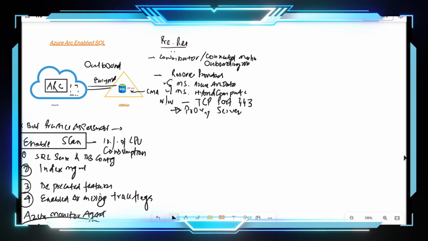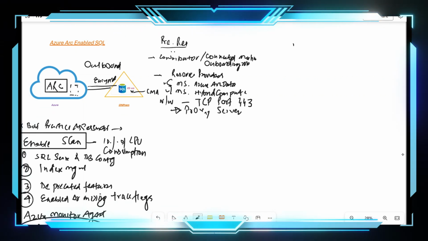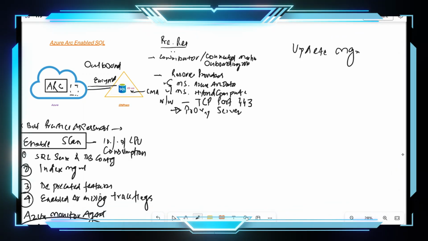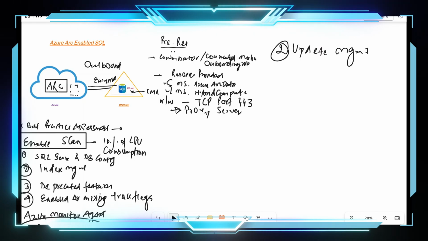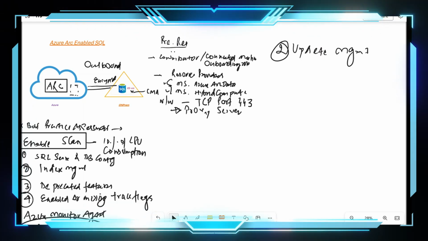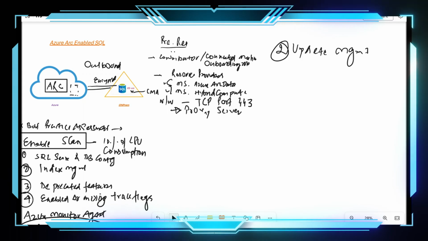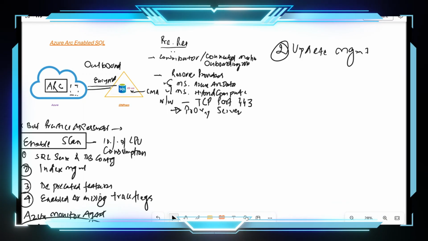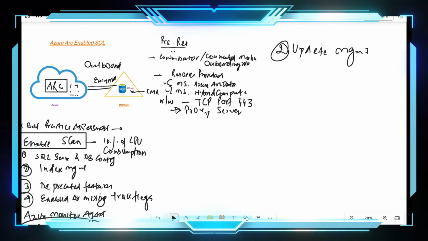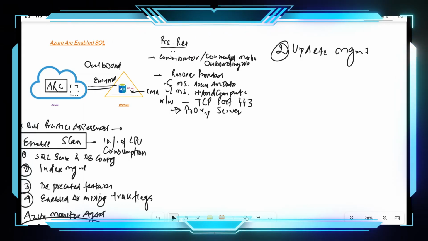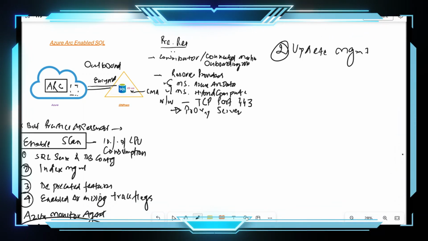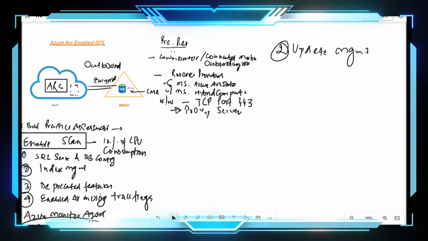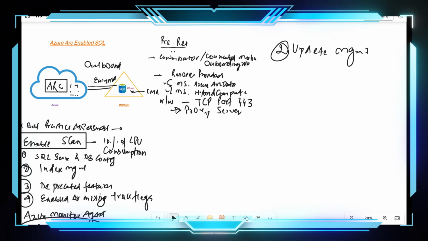So this is one of the things obviously you can do. You can also have update management. Obviously, servers need to be updated, right? You can make use of this through Azure Arc. Update Manager is one of the services within Azure, and this can be utilized for updating your workloads, because once this is projected into Azure, it becomes an Azure resource, and you can apply the policy updates and everything that you typically do with